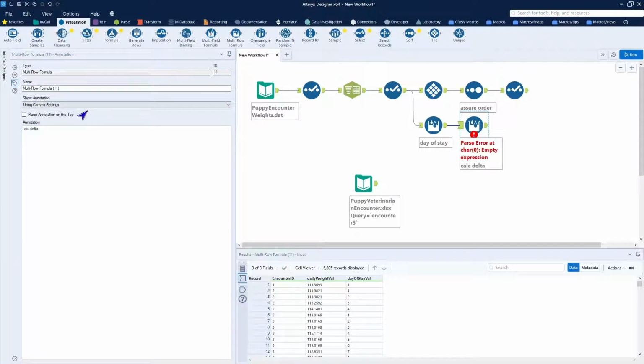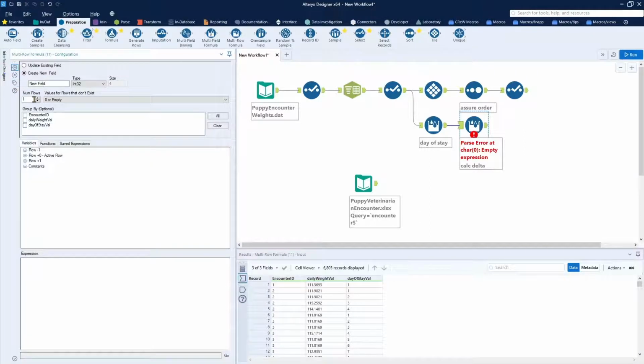Parsing error because it's trying to look ahead and see what's going on. That's okay. So again, we want to create a new field, and let's go ahead and choose a good name for that new field, and we're going to call this the weight change val. As a fixed decimal, that we want to go ahead and just set it to the